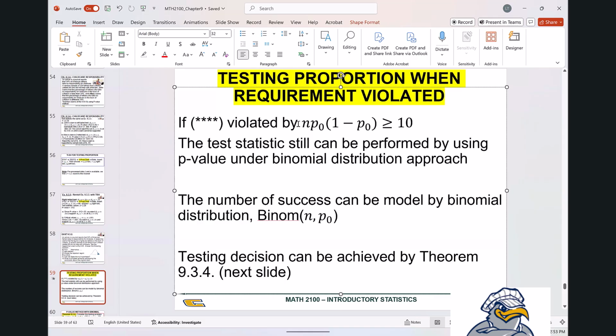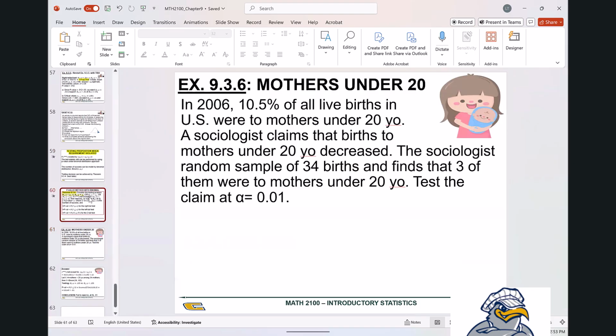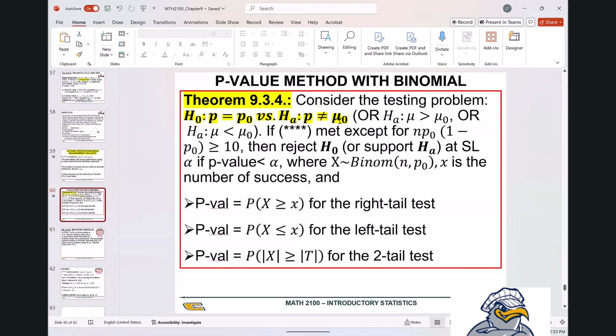Another time you cannot perform the test like you typically do. We use the binomial distribution from chapter 4 to perform that, so we will have a theorem to give you the decision. If the condition n p naught (1 - p naught) greater than or equal to 10 is violated, then you can use the p-value method and reject H naught